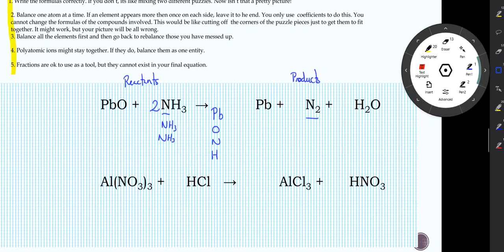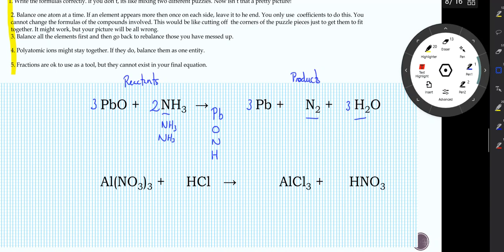I have 2 N's. My H's, if you count them, I have 6. So 2 times 3 is 6. And over here I only have 2, so I'm going to put a 3 here. Now, I've messed up the O's. I know that. So now that I've gone through all of these, I'm going to go back and fix what I've messed up. I have 3 O's on the right-hand side. I'm going to put 3 here to make 3 O's on this side. Yes, I messed up the Pb, so I'm going to put a 3